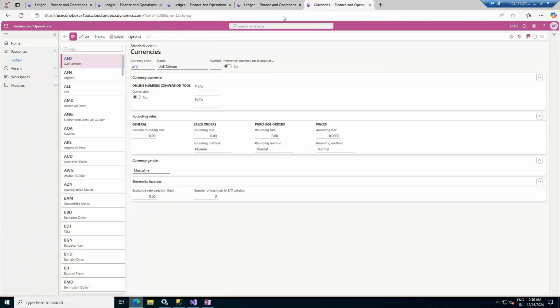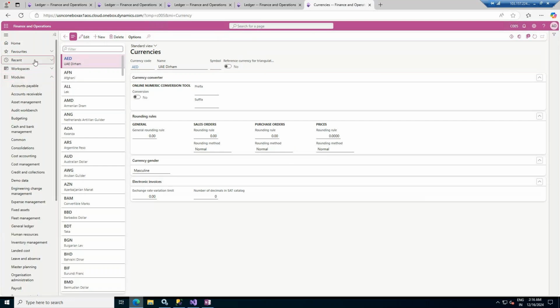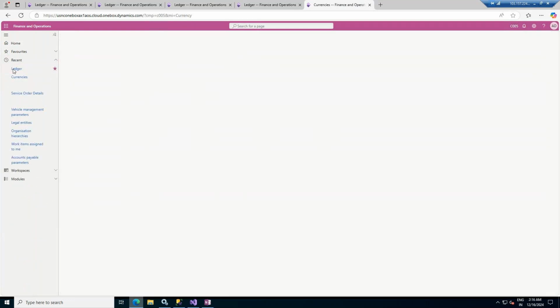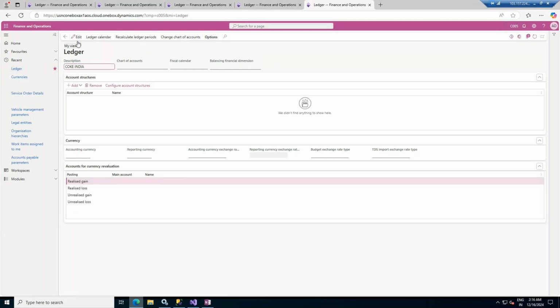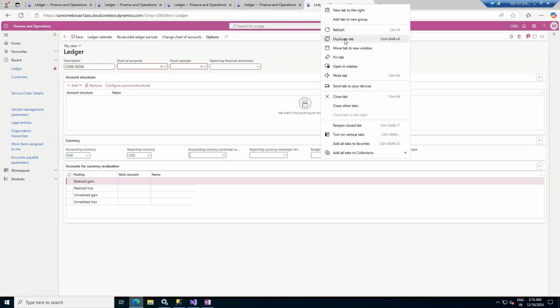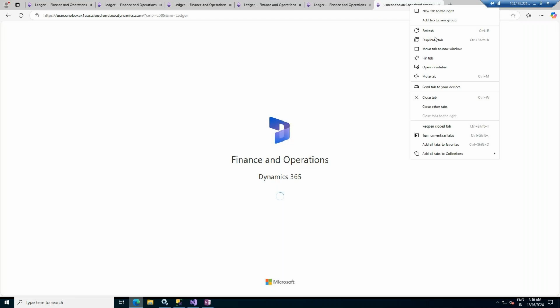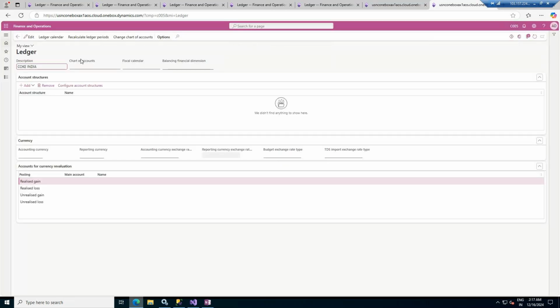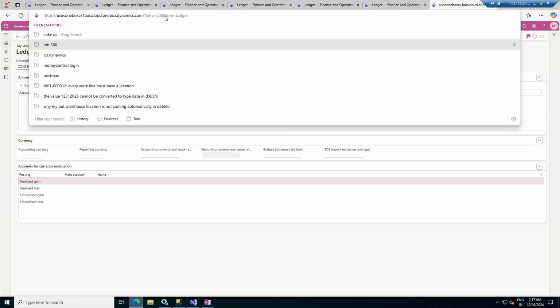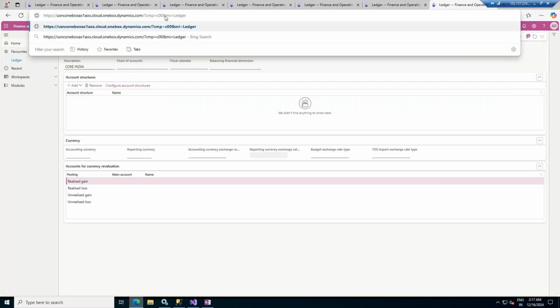Okay, the last company is C005, and this company is in India. So for India, you can also go to Recent, click on the ledger form, and then click on the Edit button. The accounting currency will be INR, but the reporting currency will be USD. Okay, so there are two more companies with us, the consolidation and the elimination company. Consolidation will happen in US only. So both the accounting currency and the reporting currency will be USD only. Okay, C006,